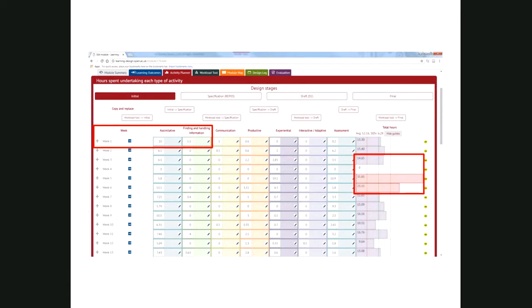So in this particular computer course, in week 1, students are expected to spend 10 hours doing assimilative activities, so reading and watching information about this course, and they are expected to spend 1.5 hours on finding information. And on average they're supposed to work for 13.3 hours in week 1, and then in week 2 and week 3 they have other activities, and in week 4 the teacher has decided to do nothing for the students, so the students are not expected to work in that week.